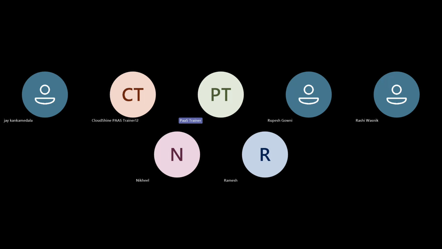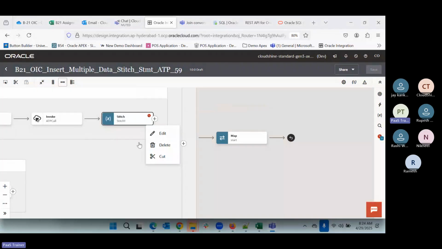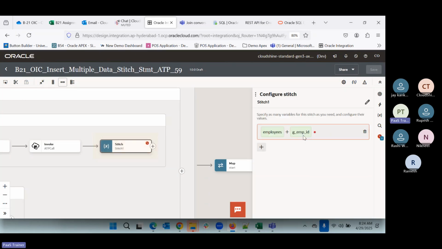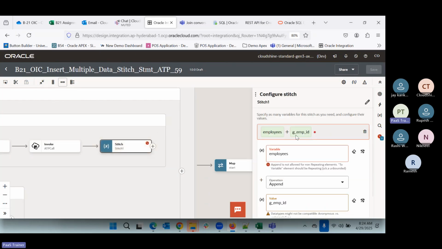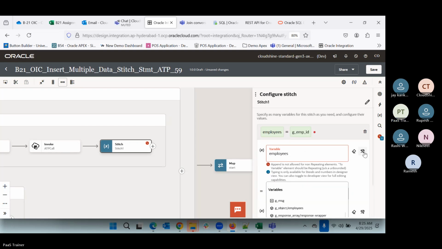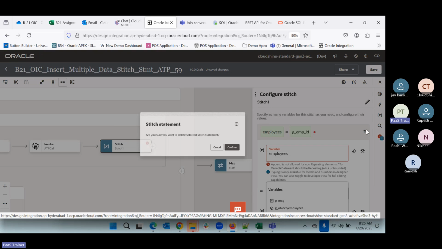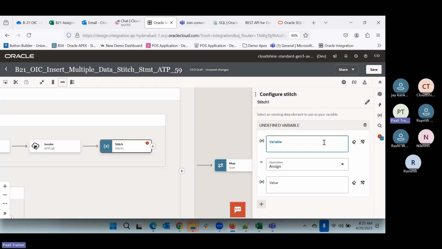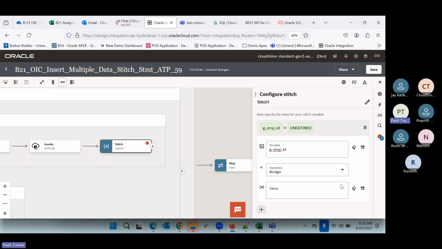So first what we have to do, we have to use the assign operator here, not append. So that we can put these values. Then the employee. Okay, delete this one, we'll create new only. Confirm data stretch. So in our G employee ID, we wanted to assign